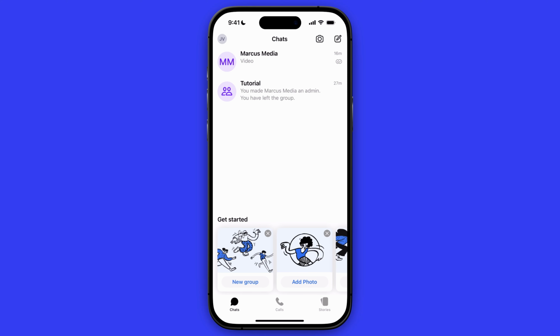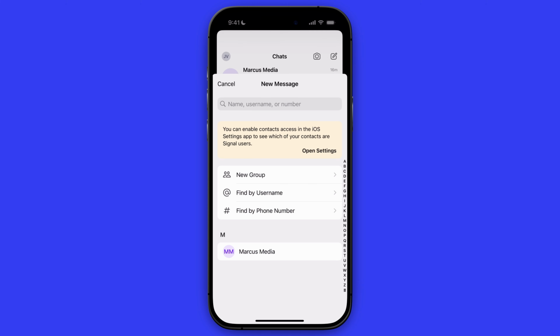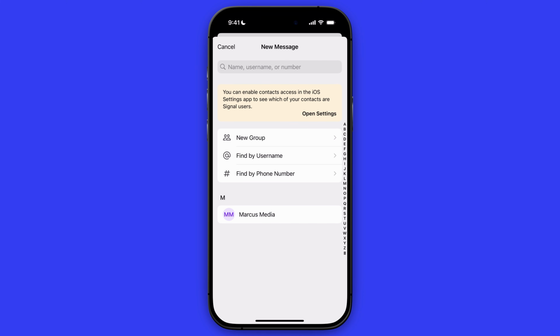In this video, I will show you how to add contacts to Signal Messenger. So first of all, open up your app and then navigate to the Chats tab all the way at the bottom left. And in order to add contacts, you need to click on the pencil icon at the top right. And from here, you can basically start with finding usernames or phone numbers, or basically contacts if you have them